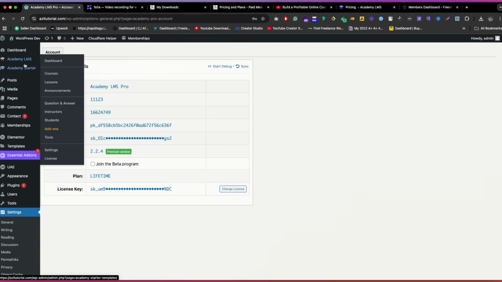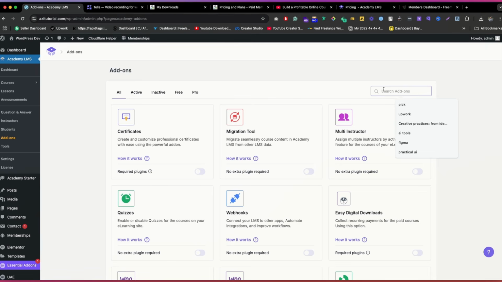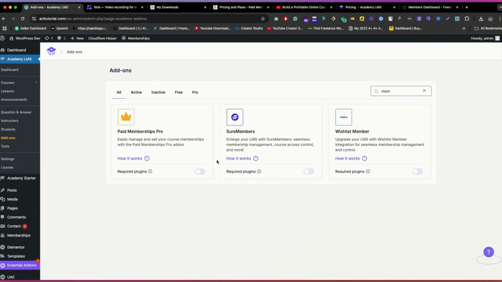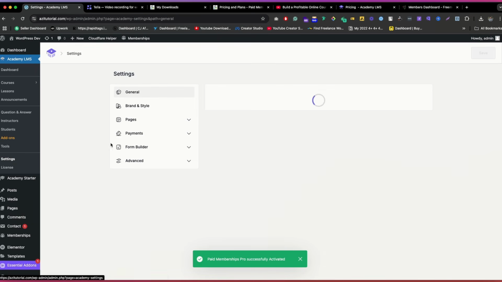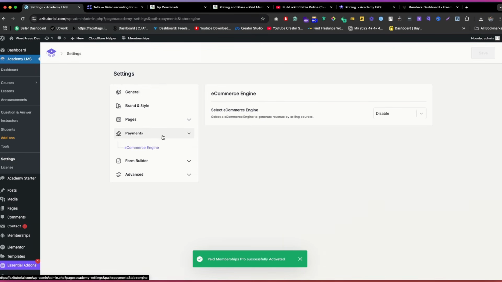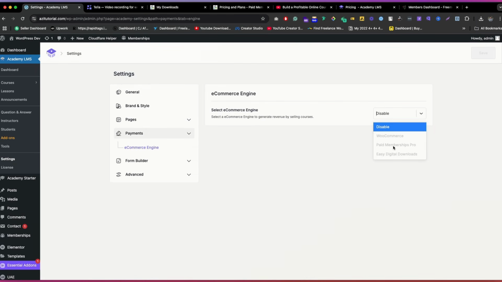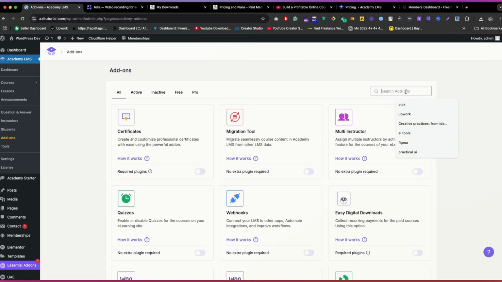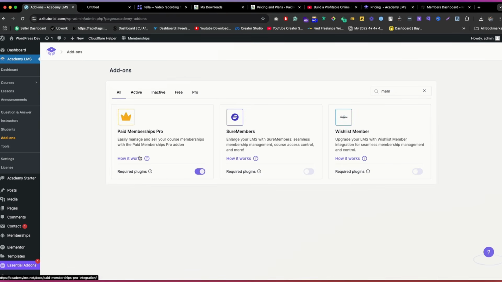Yeah, let's go to Academy LMS. So let's go to the add-on right now, and let's search member. If we search member, then we'll get this option, just simply enable it. And after this, go here to setting. And if you go to this payment option, then we can literally just select here Paid Membership Pro. But for now, it's not showing, because if you go here, this add-on, and you click on here, how it works,